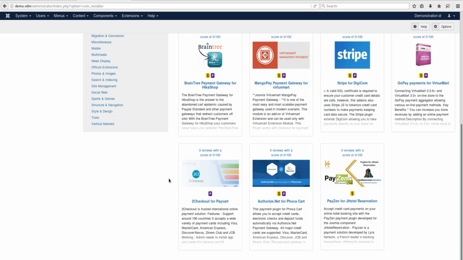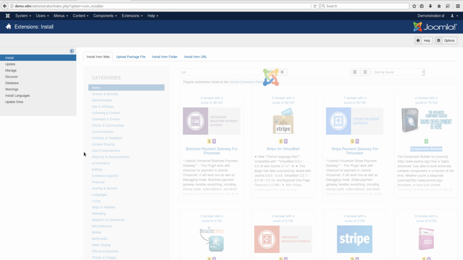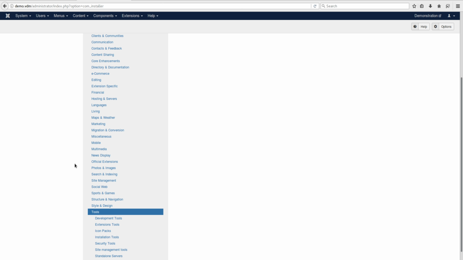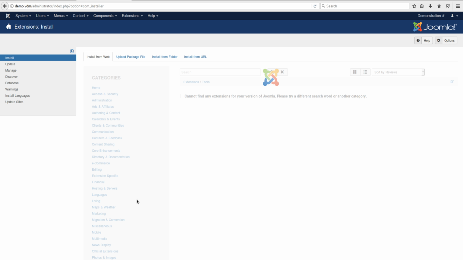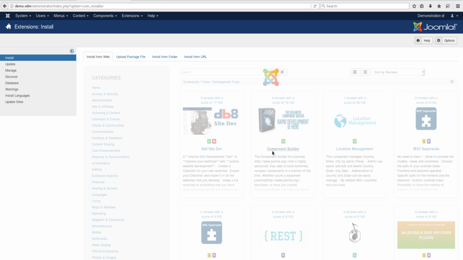Then you could go down to an area called tools and then developing tools. JCB is one of the listed developing tools. Here it is only listed as a component builder. So you can click on that